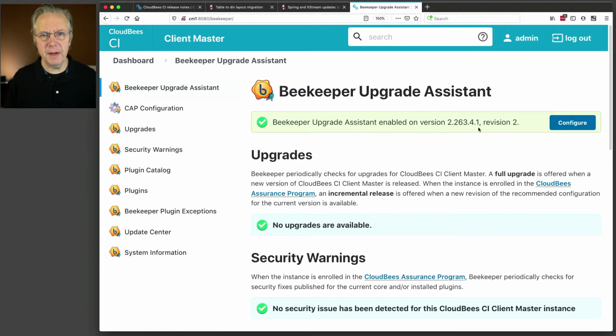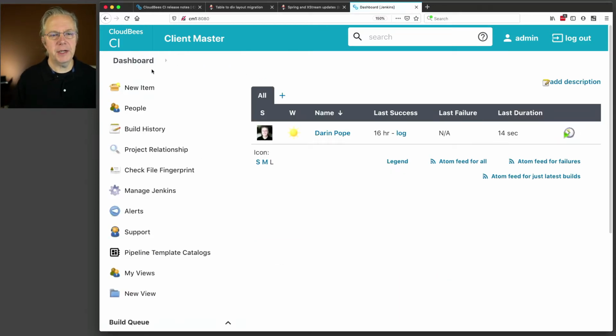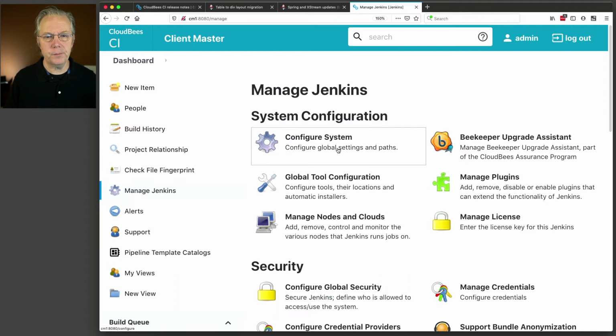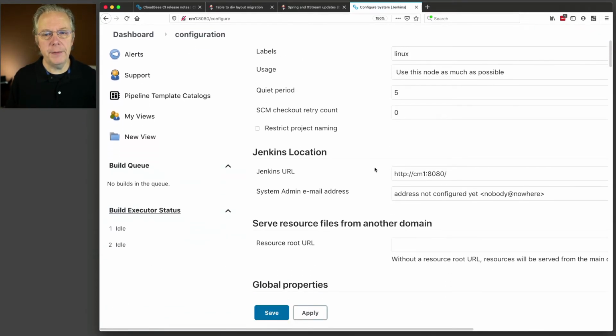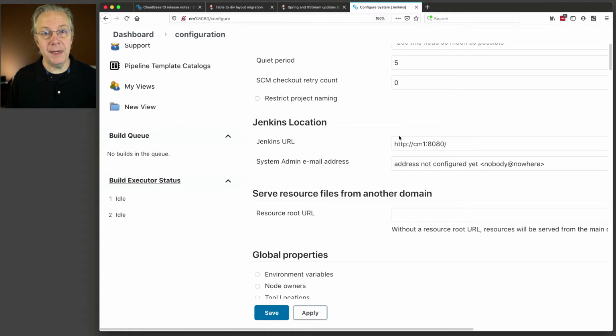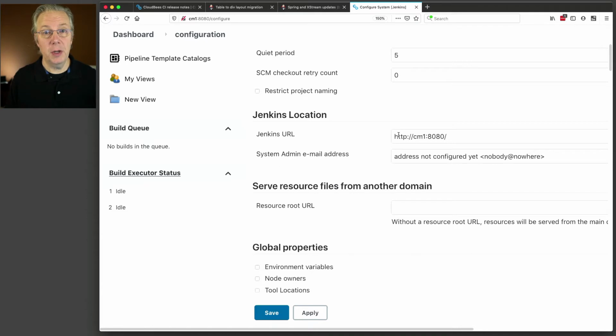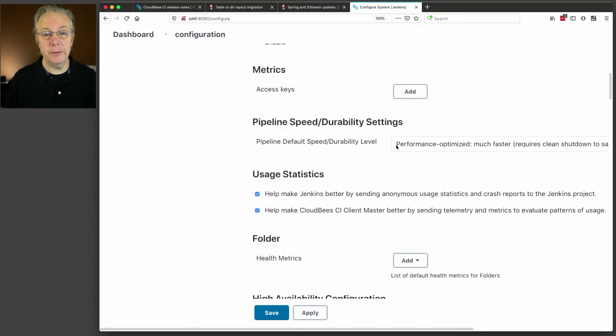Let's take a look at a couple of the configurations that I have here, and I want you to see these, and then we will take a look at them again after we do an upgrade. So let's click on Dashboard and go to Manage Jenkins. If we go to Configure System, I already have a shared library, a global shared library, configured on this controller. Right now, I am zoomed in at 150%, so the things I'm getting ready to show you are even more exaggerated. So as we scroll down,